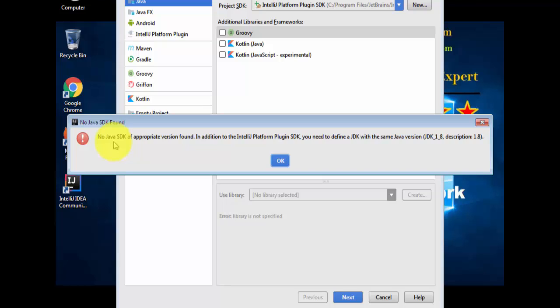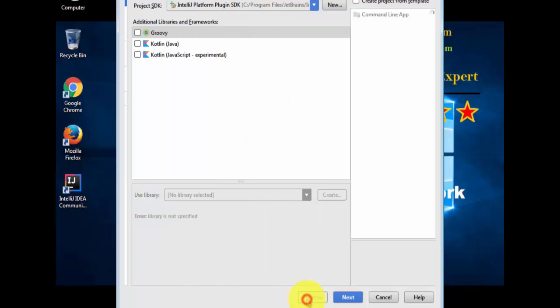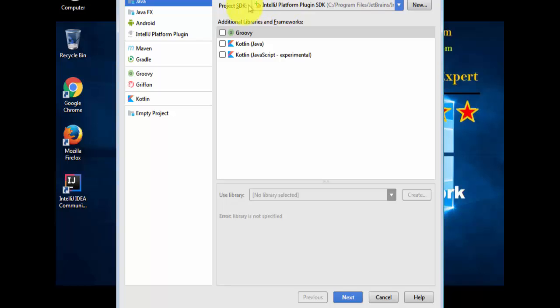It said no Java SDK of appropriate version is found. So I click on OK. Then go to previews and let's choose project SDK. So I can click on new JDK,